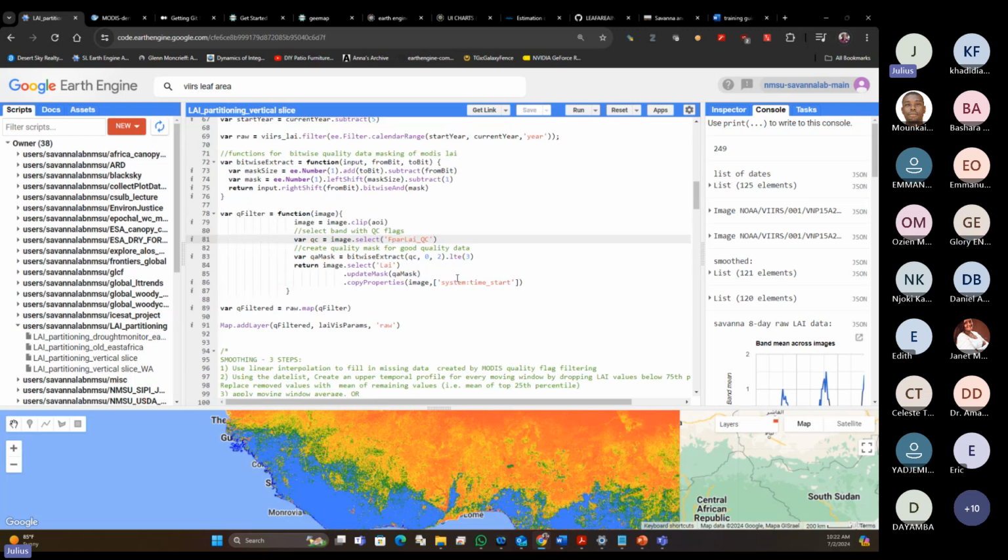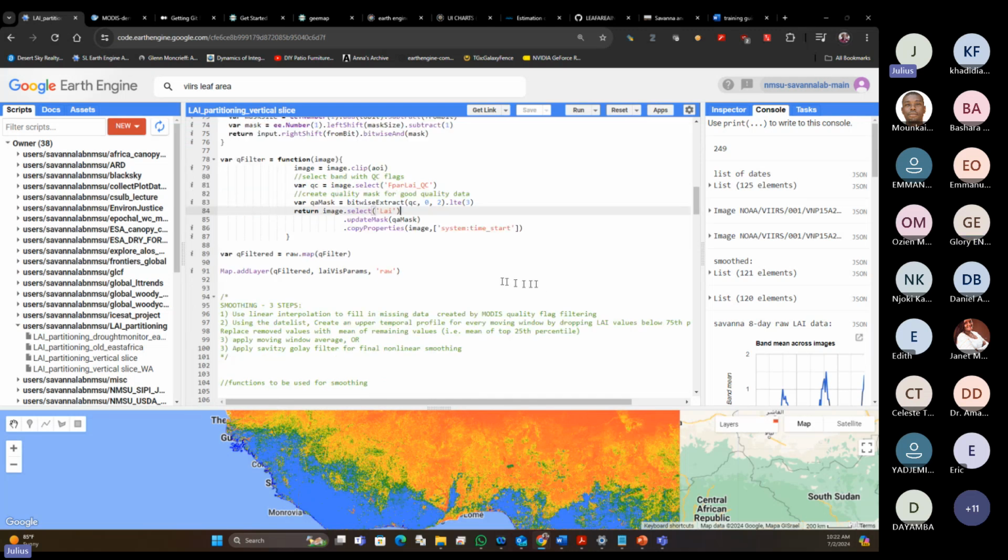And the end of the day is to retrieve. The original data has 2 bands, leaf area index and FPAR, fraction of photosynthetically active radiation. We are only interested in the leaf area index, so that is why we selected it here. We ignore the FPAR data for now. And so after filtering, we have our first